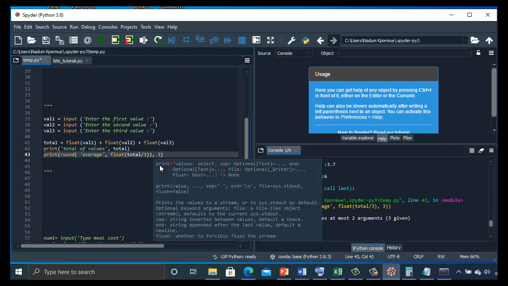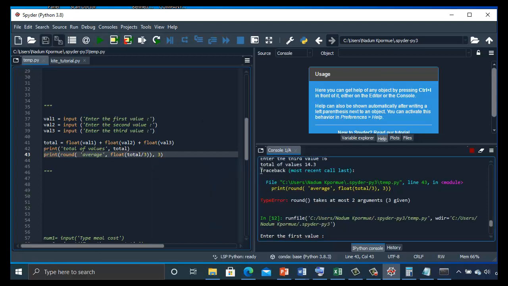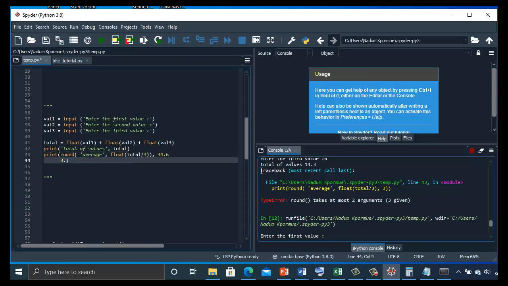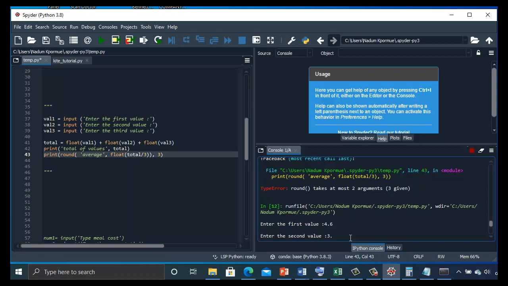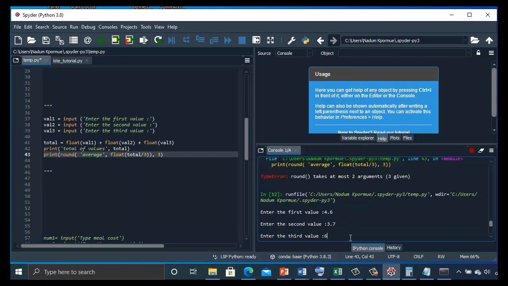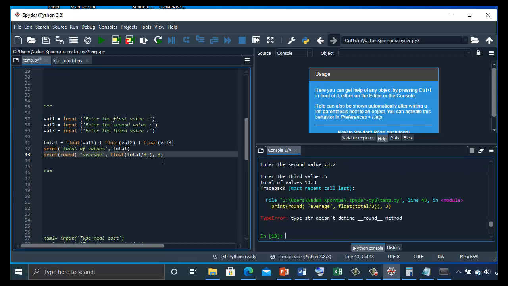Let's see, I hope I got this one. 4.6, 3.7. Oh, sorry. 4.6, 3.7, and 6. Okay. So what we see here is that we have more than the number of arguments that